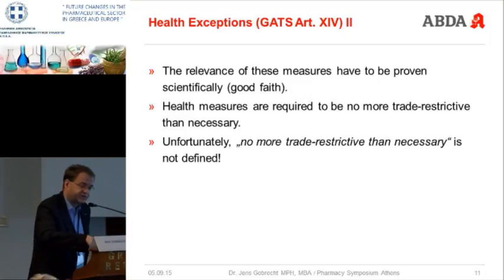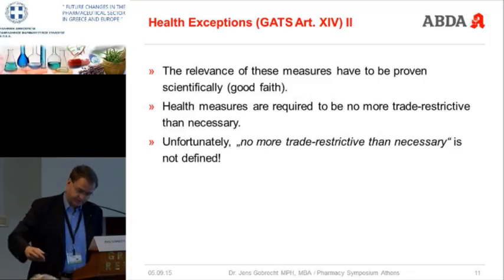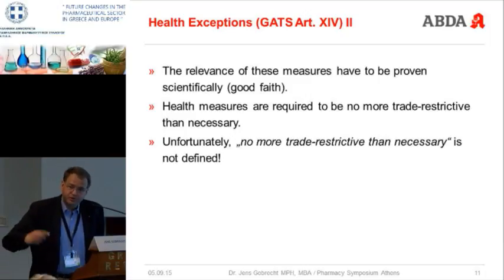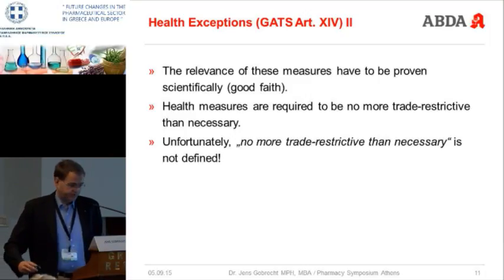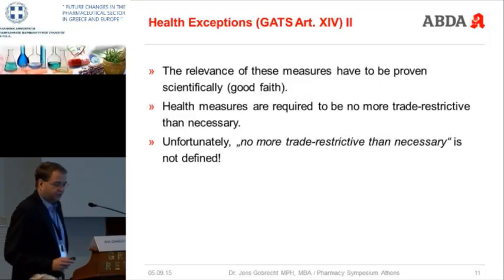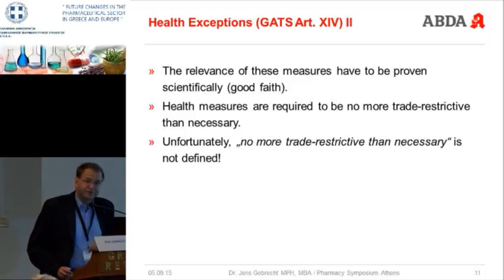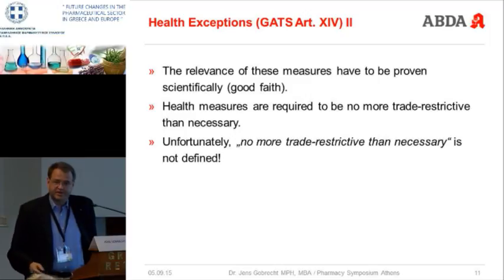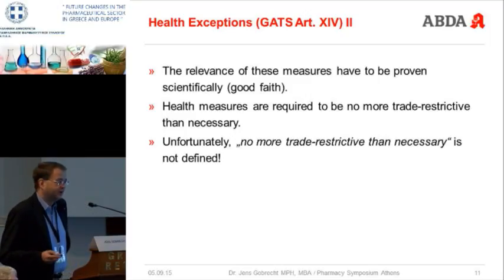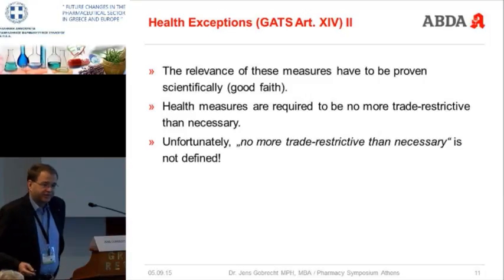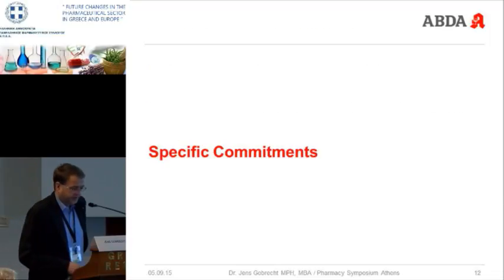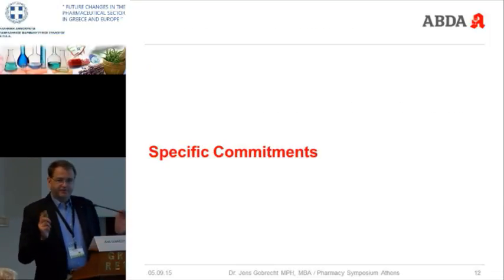This is the second: the health measures are required to be no more trade restrictive than necessary. So the measure you want to take shall not restrict trade any more than is absolutely needed to achieve the health goal you want to achieve. Unfortunately, "no more trade restrictive than necessary" is not defined. So whenever there is a dispute over this, you find yourself at court, and then they have to decide whether your measure that you have adopted is more trade restrictive than necessary or not. So, these were, in principle, in a very short form,